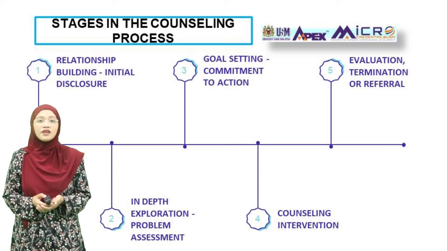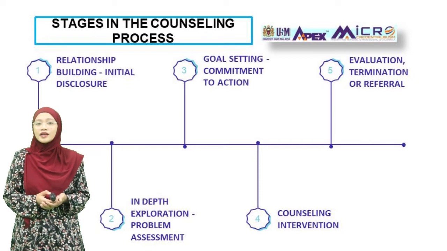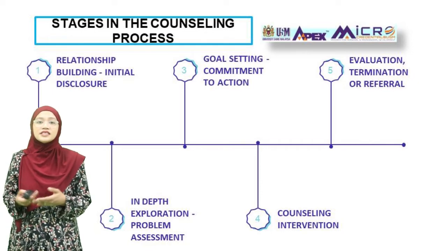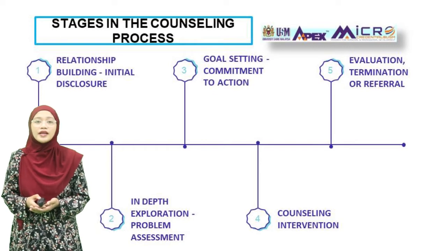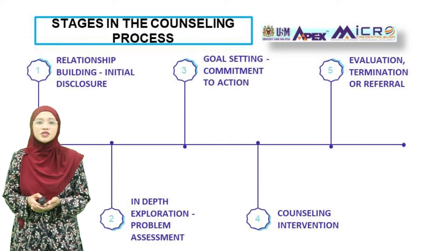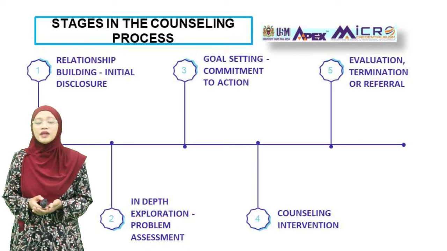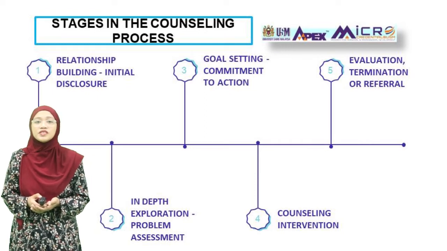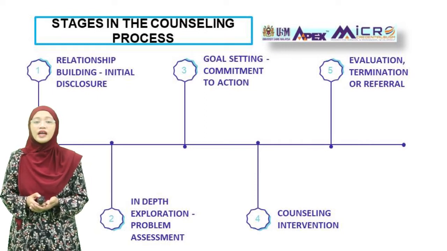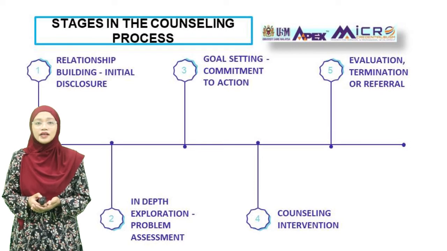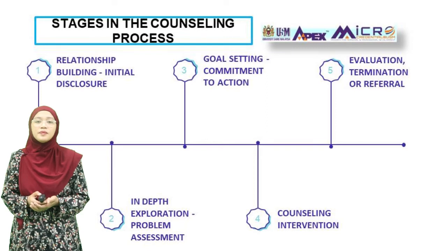Terminating the counselling process will have to be conducted with sensitivity, with the client knowing that it will have to end. Note that each of these stages continues even though the counsellor and the client move to the next step. For example, after building the relationship, the counsellor moves to stage 2, which involves assessing the problem encountered by the client. In the meantime, the counsellor continues to strengthen the relationship that has been built.